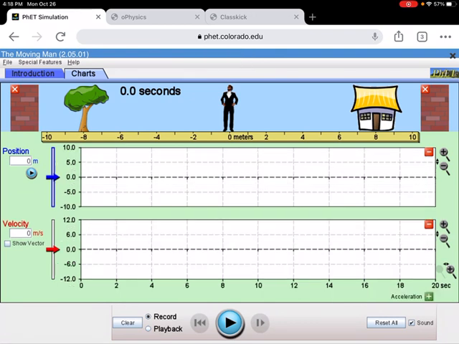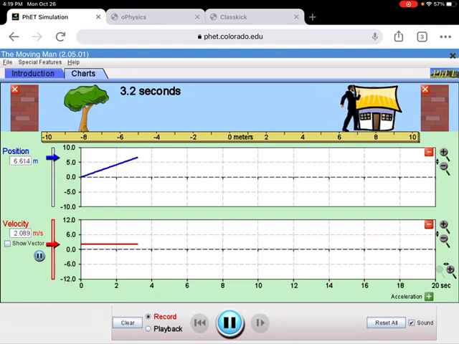Okay, now I'm going to look at his position as a function of time. I'm going to put his velocity at about 2. Let's see how close I can get it. And I'm going to have him walk at 2 meters per second. The top graph is going to be a position time graph, and the bottom graph is going to be a velocity time graph. So he's walking at a constant speed of 2 meters per second, and I'll stop him when he gets to the end of the number line there. Okay, so we can see on this graph